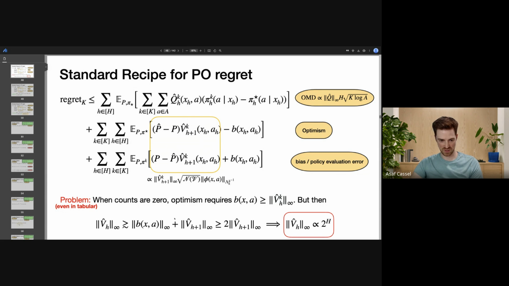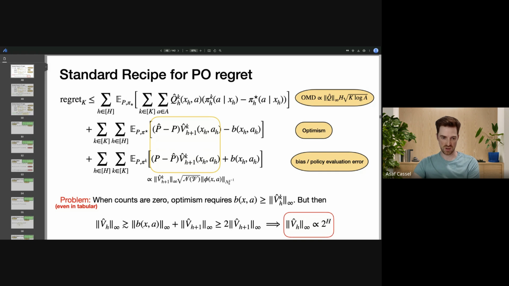All right, so the current value function would be just the size of the bonus plus the next value function, but the bonus has to be at least also the size of the value function. So overall, we have to be at least twice the size of the next value function, which means that the value function would look exponential in the decision horizon. Okay, so this is, of course, an issue for us because we want to get something which is polynomial in